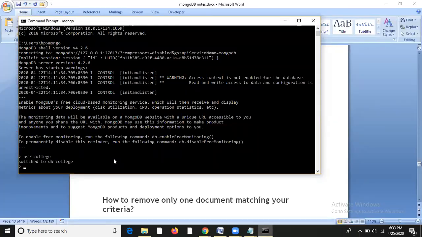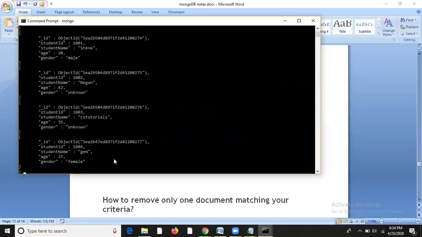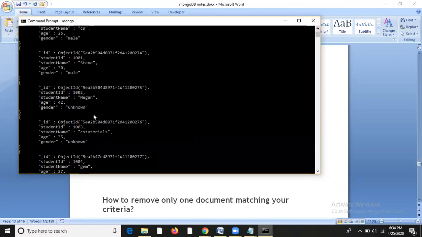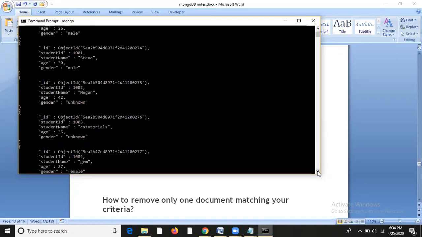Then I will display all the records with db.student.find().pretty(), where student is the name of the collection. As you can see, there are a total of five records.